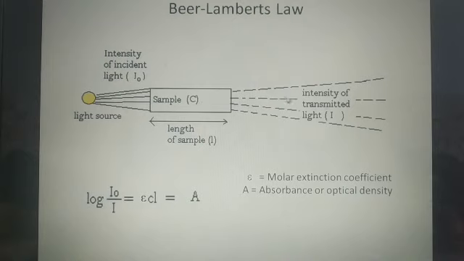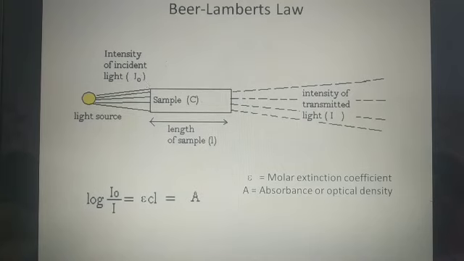So suppose I0 is the intensity of the light that is incident on the sample. I is the intensity that is transmitted. Then the ratio of the transmitted light, that is I divided by I0, will be the transmittance. The ratio of the intensity of the transmitted light to the incident light, I upon I0, is termed the transmittance.